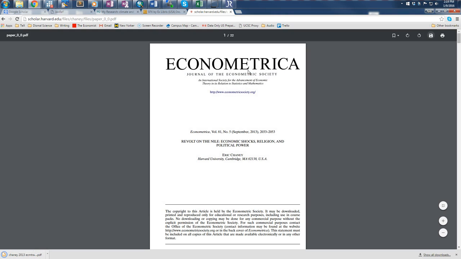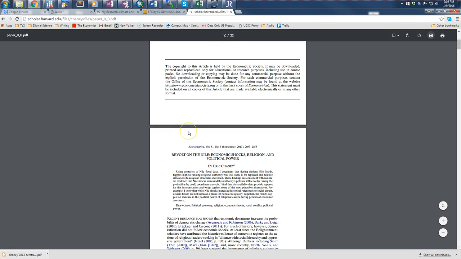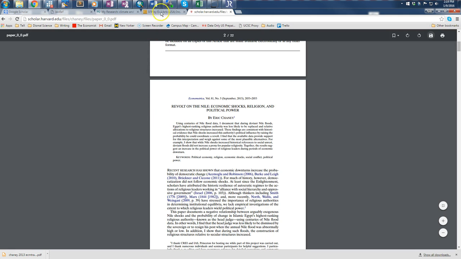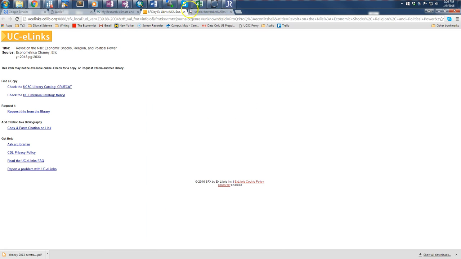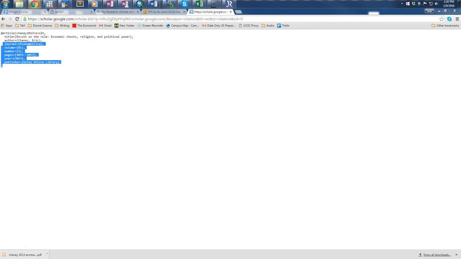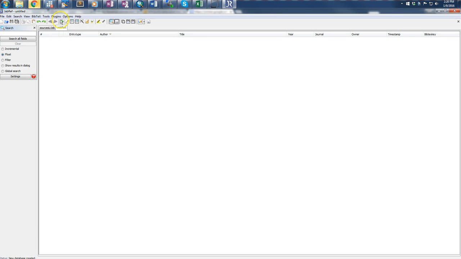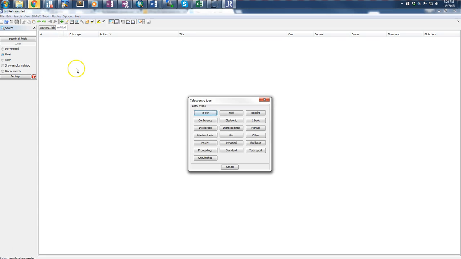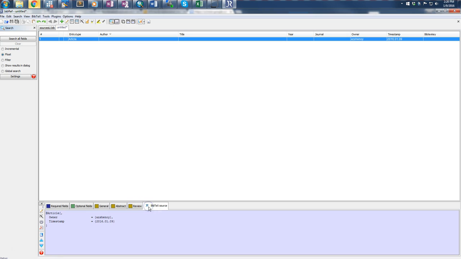All right. Now we've saved that, and we could go through and do that for all of these. Now the next step we want to do is, going back to our JabRef file, we found this article, we've saved it, but the most important thing is we have it here on Google Scholar, so we can now do this import into BibTeX. And so take this and copy it to our new BibTeX file here. So when you go here, you push plus, you want to make a new BibTeX entry. You can pick any one of these, article is fine. It doesn't matter what you pick because we're going to go straight to the BibTeX source here and paste in,